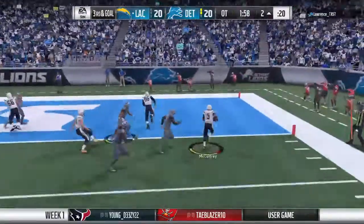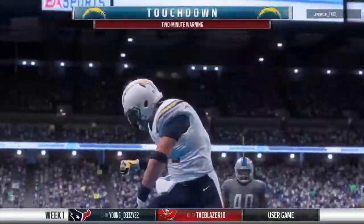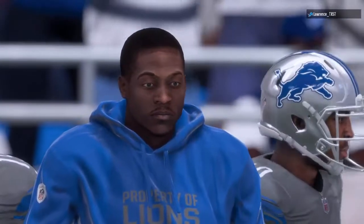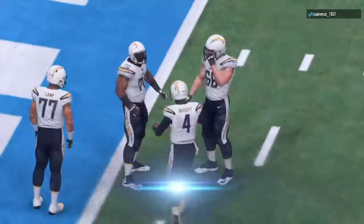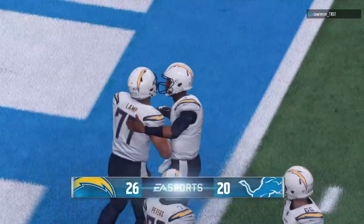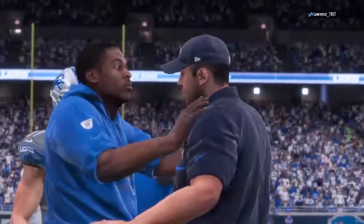McCaffrey. And he is in for the score. And it is absolute stunned silence here as they win it on the road in overtime. A partner, a great game that we got to see and making it extra special. Not only did I get 4...